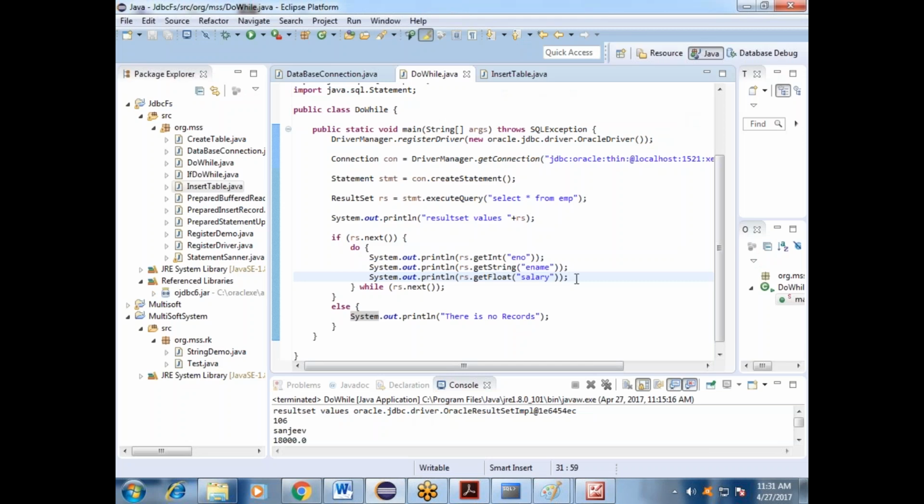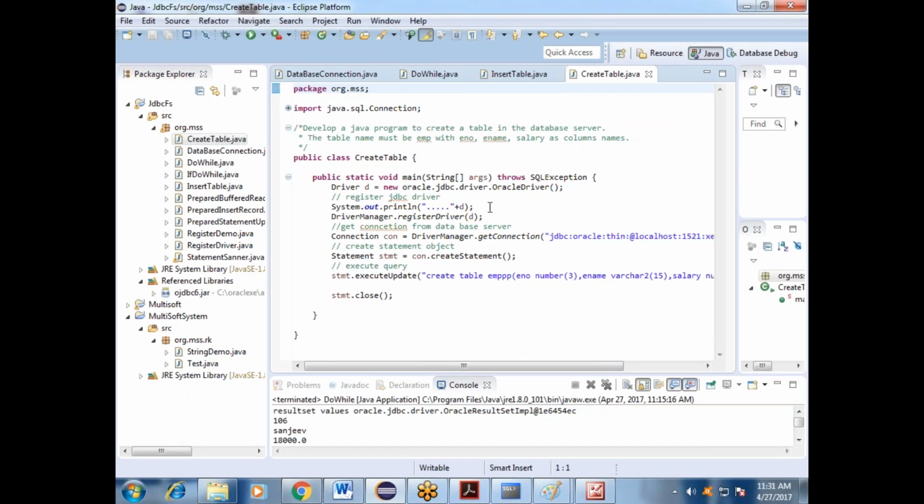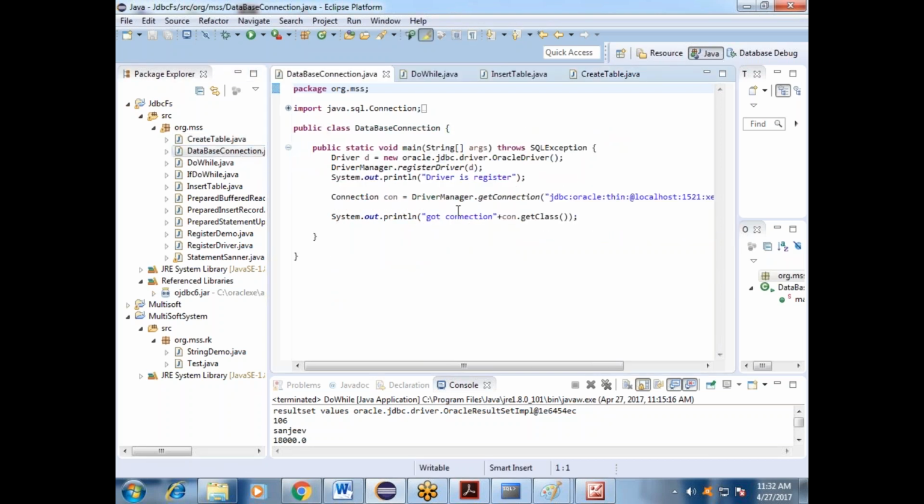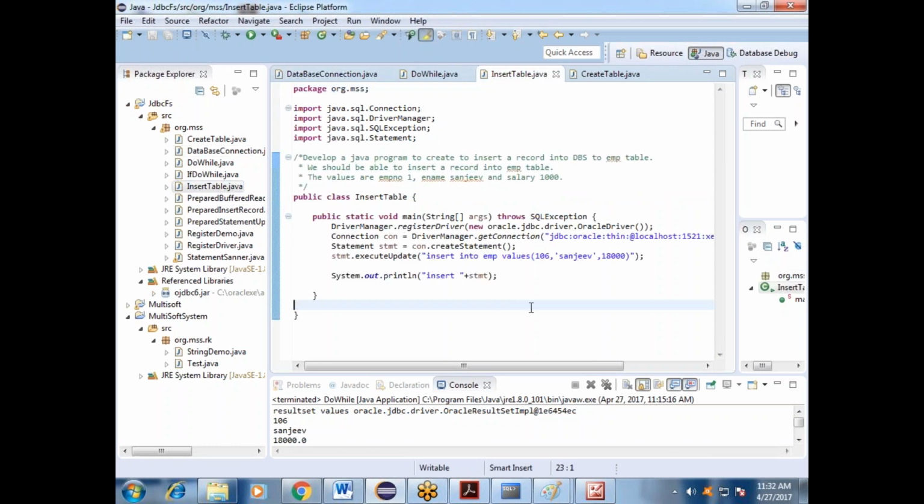Now, did you understand this program? Simply, we create the table, and if possible you can write comments also for better understanding. Already I gave you a snap of how to declare it: one by one, registration and connection, as you discussed yesterday. And then we have how to insert from the Java application to the database. You can pass it through that.